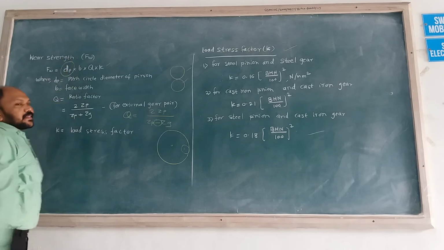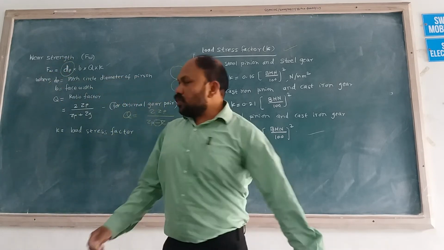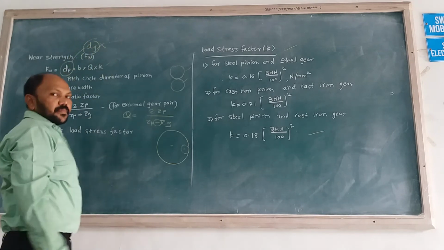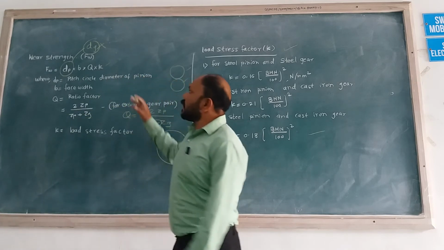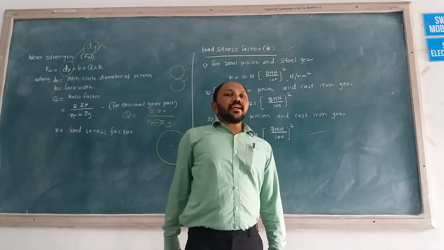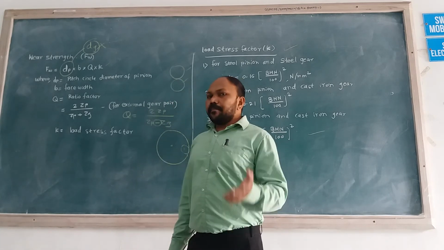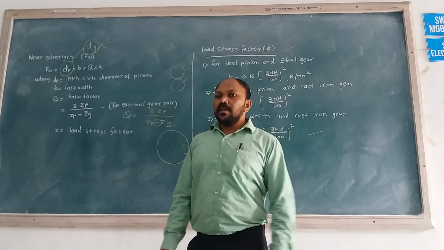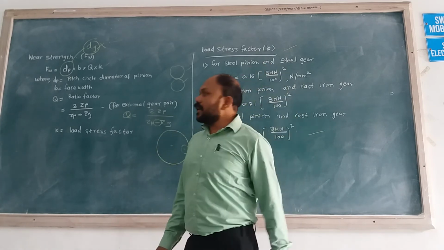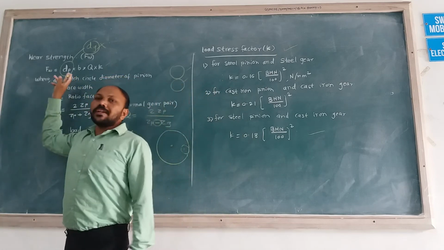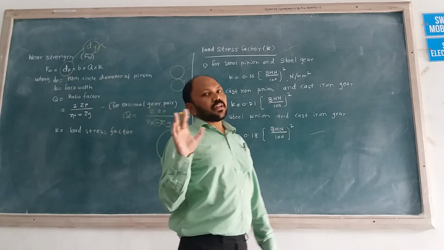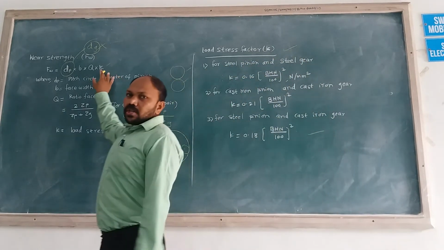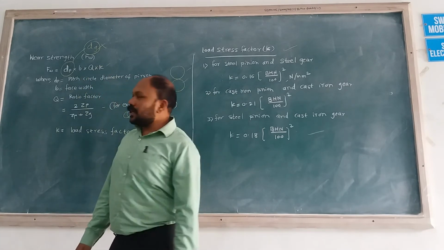One more important point is that here dP is used. Here dG is not used. Understand this point, this is very important. The first criterion, the beam strength equation, whether the gear is weaker there, that is a different part. If the gear is weaker in bending, there also you substitute the dP value, the pinion pitch circle diameter, not the gear diameter. So this is a different equation. Use this dP value only here, always.